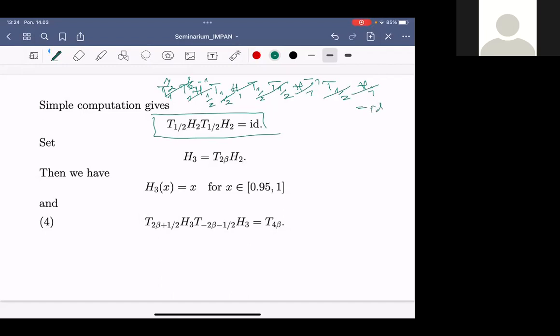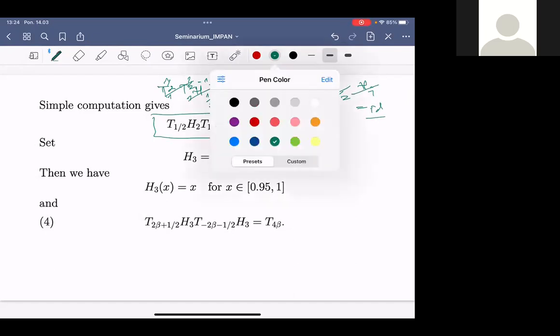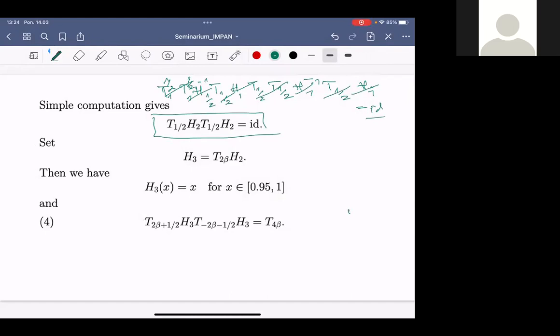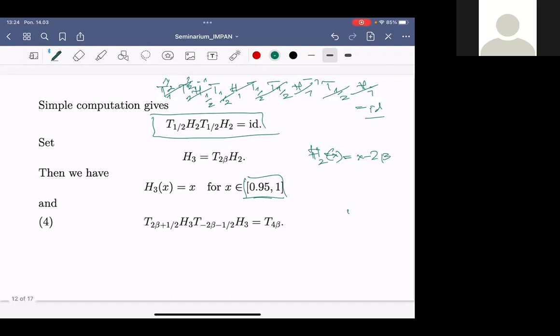So this is identity. And now take the following composition: T2beta H2. If we take T2beta H2, we see that H3 of X is equal to X on this interval. Why? Because H2, we remember H2 of X was equal to X minus 2 beta on exactly the same interval. So if we take the composition of this rotation, we obtain that H3 is equal to